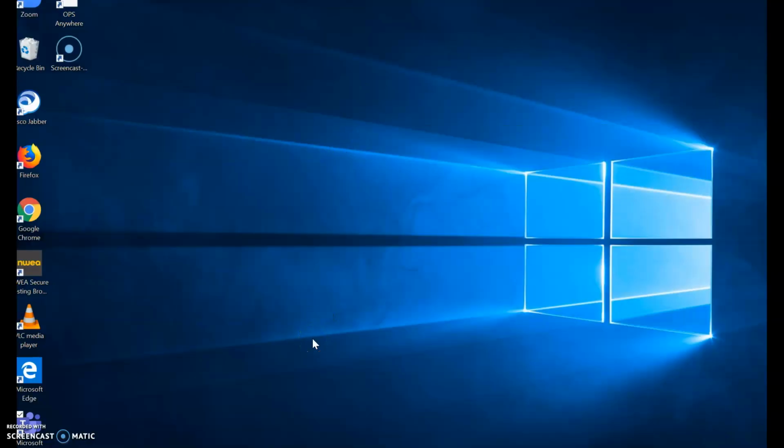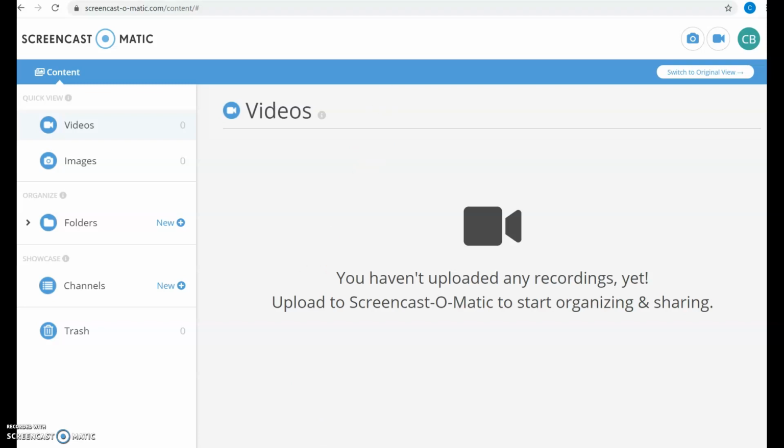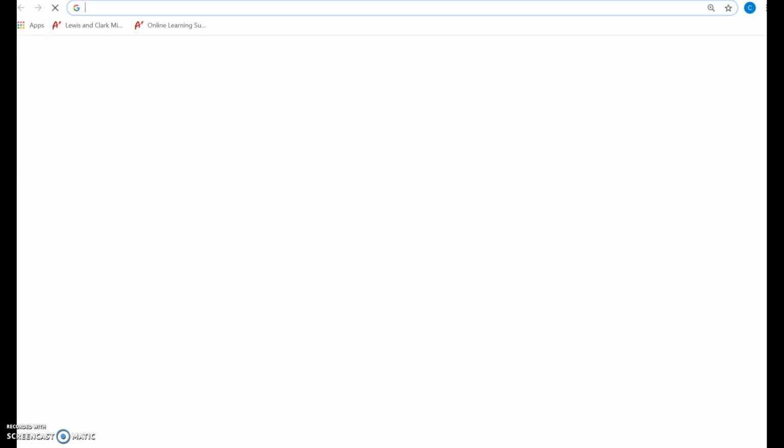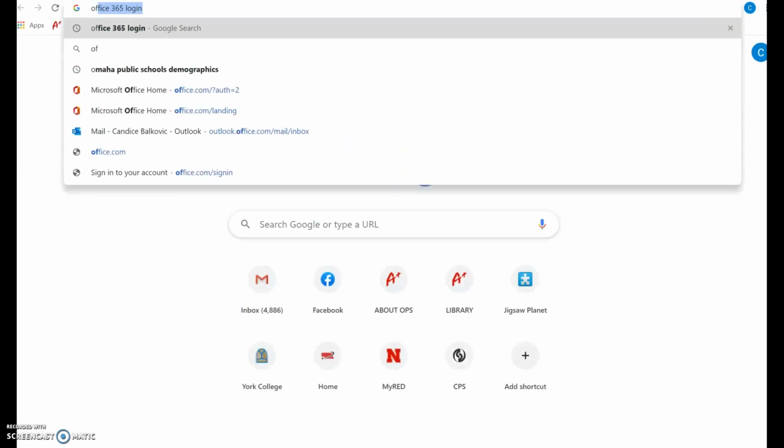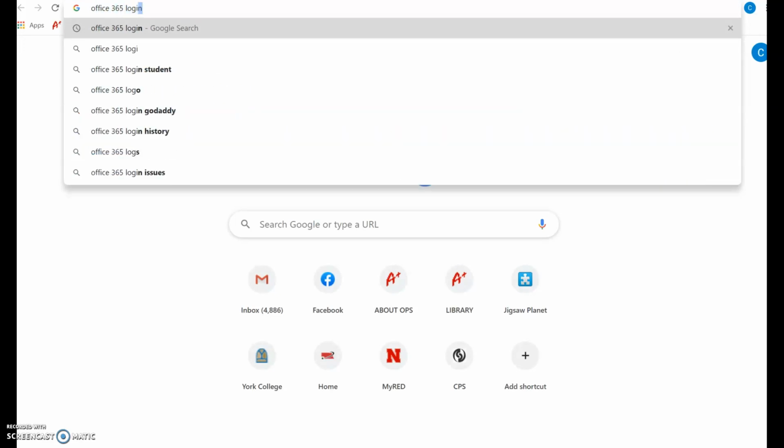Now, if you remember from class, there are two ways you can locate Teams. Right here, there should be an app on your iPad on the desktop where you could click and open up Microsoft Teams. But if for some reason you don't have that app, or if it doesn't open, another way you may be familiar with is make sure you open up Google Chrome. We're going to open another window, and if you go to Office 365 Login,